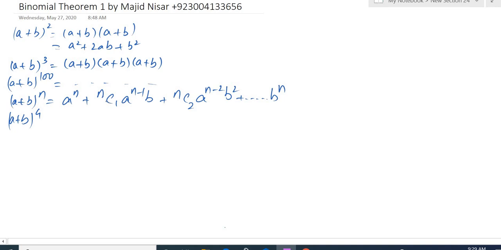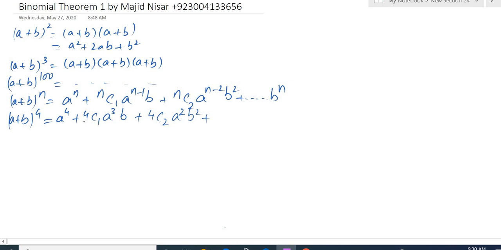So we can use a calculator to find these values. These are not very difficult, very easy. So (a + b) raised to power 4 means a raised to power 4 plus, because n is 4 here, 4C1 a raised to power 4 minus 1, that is 3, times b, plus 4C2 a raised to power 4 minus 2, so it will be a squared and b squared,